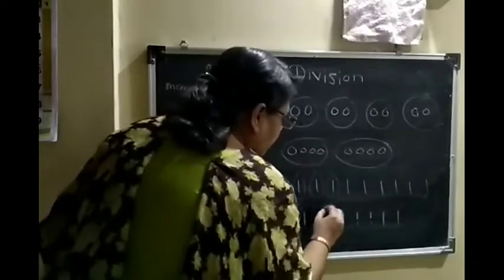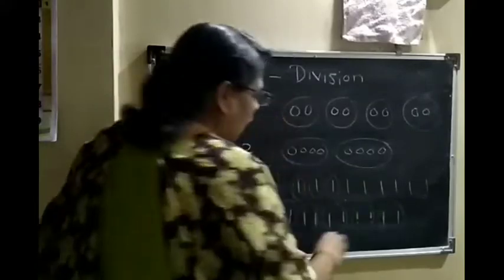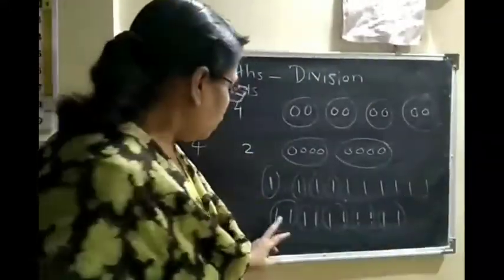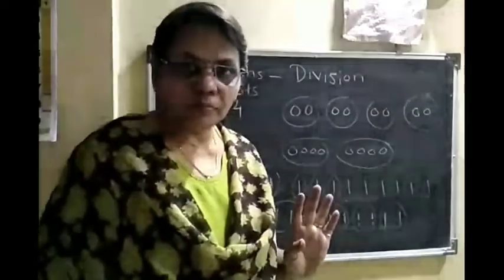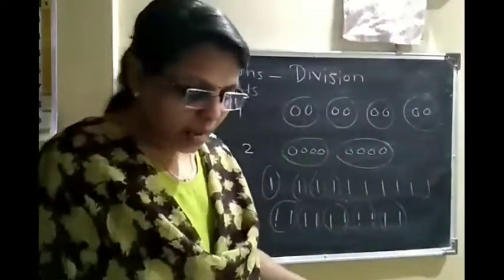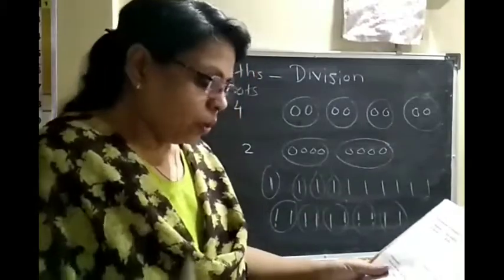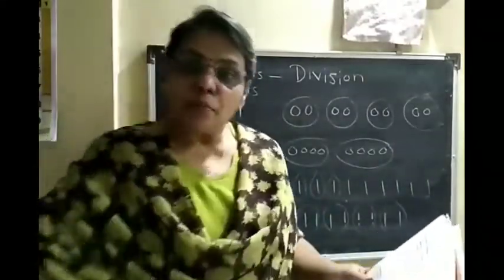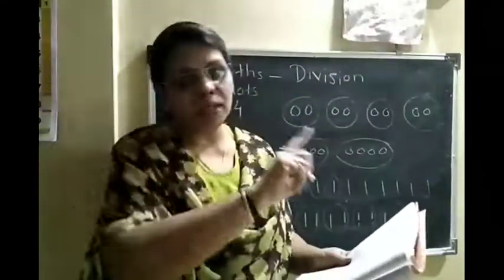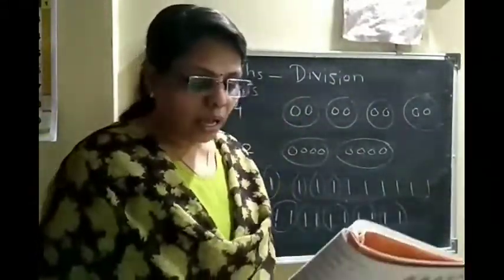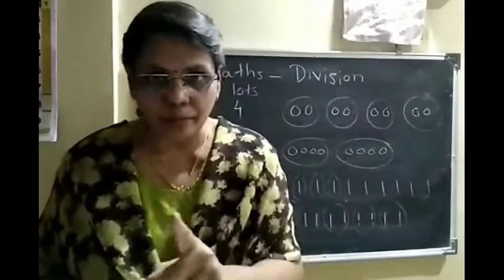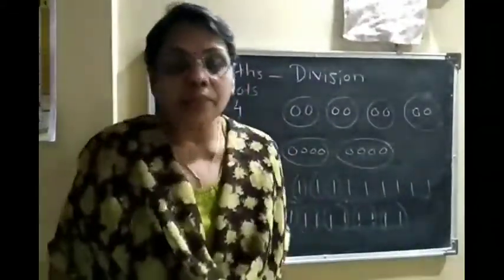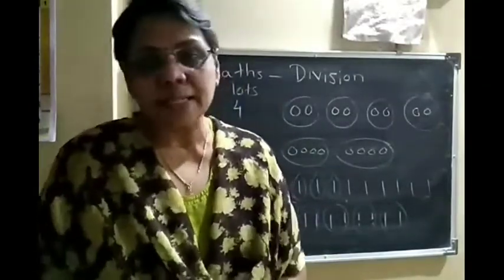Here put a circle around 2 cucumbers. So how many lots are there? 1, 2, 3, 4, 5. Simple. Last figure, 1 lot, and all the 10 cucumbers are included in it. Put a big circle around all the 10 cucumbers. So the number of lots is 1. So we have completed page number 88. Next page we will see in the next lecture. Thank you.